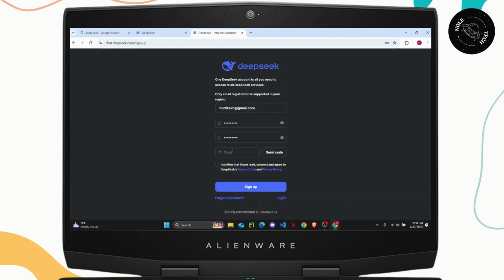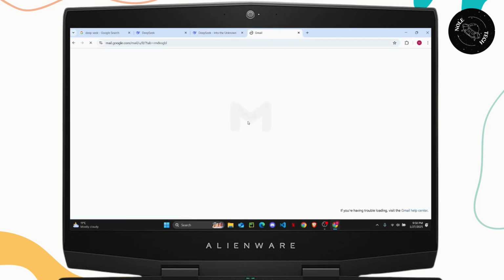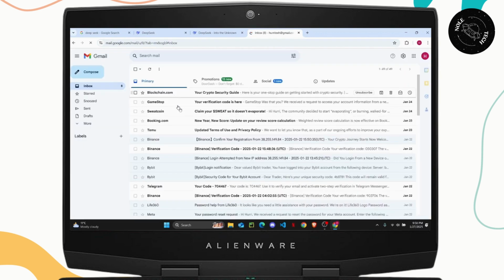Now, once you have entered your password, you have an option to send code to your email. So just tap on send code and a code has been sent to your email. So go ahead and check for your code. So here on the new tab, I'm just going to be opening my Gmail to see if I've gotten an email from